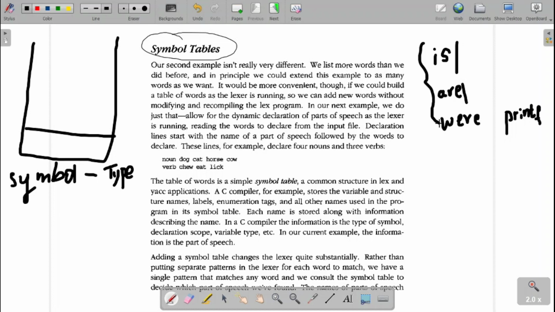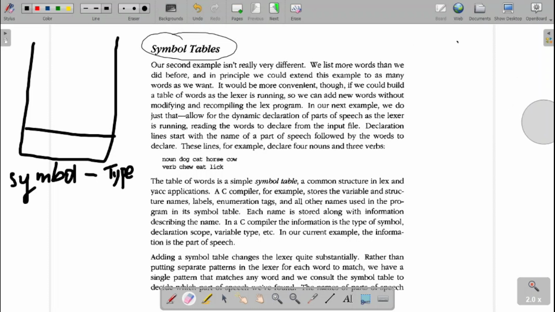In place of that, let us alter that program so that these symbols will be read, and while we run, we go for identifying the symbols. Let us take the example: I will read it as the list of the verbs. The list of the verbs are is, are, were.